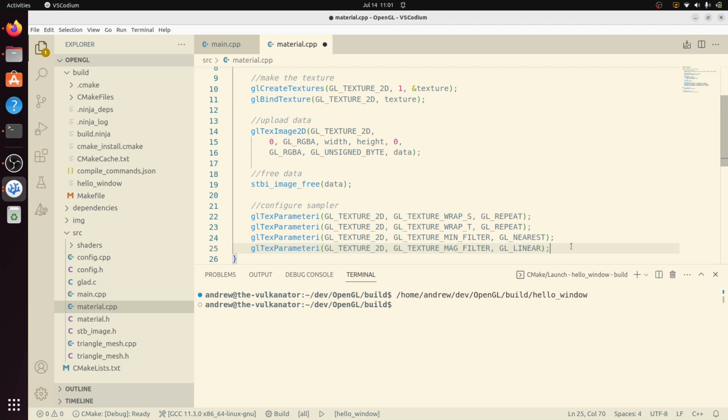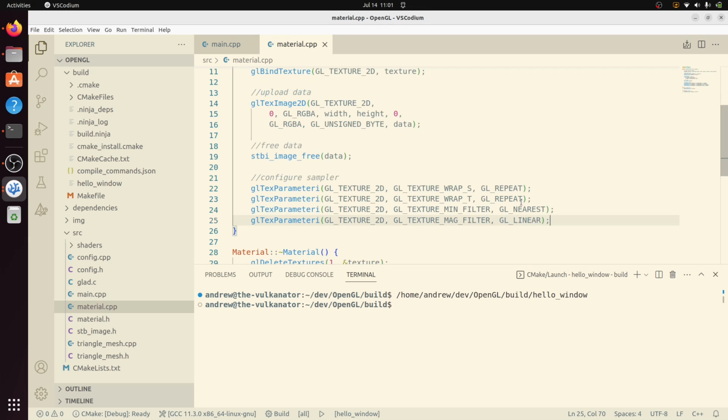When we get the texture on the screen, we can have a look at what those options look like. But yeah, okay, let me double check my own stuff. Nope, I'm happy with that. So at this point, the sampler is configured. Excellent. So we've got our sampler configured, we've made our texture, we're sending it through and everything, but if